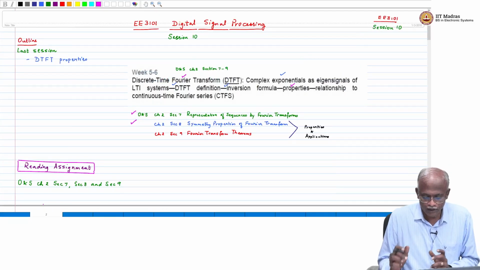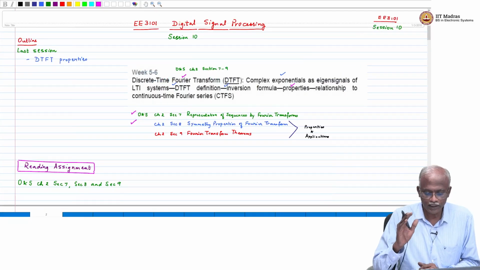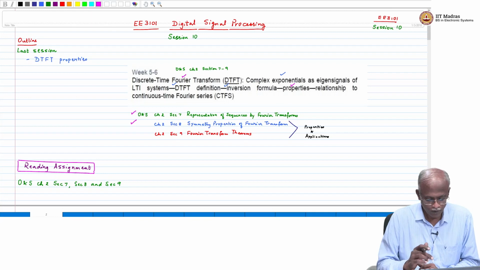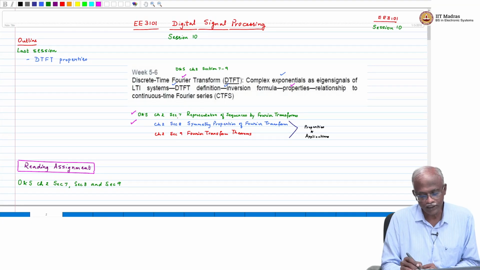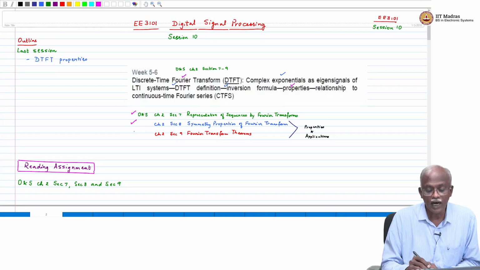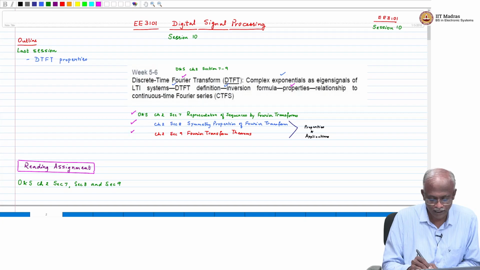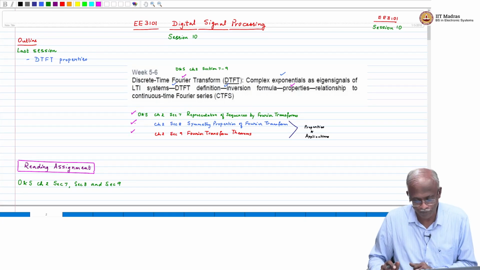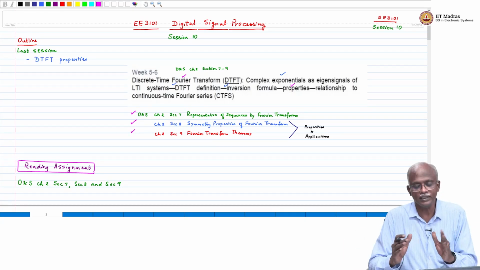So the topic that we are covering now is discrete time Fourier transform. It is found in chapter 2, sections 7, 8 and 9. We have already covered sections 7 and 8, and today we will be covering section 9. So that's what we will be looking at. So to complete the discussion,